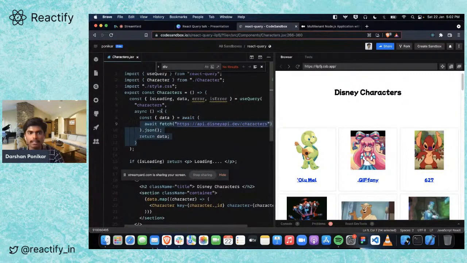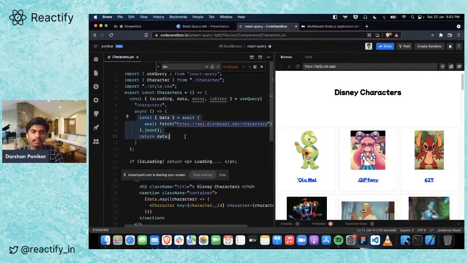So this callback can be anything, something like a fetch call, which needs to be an asynchronous callback, which can be a fetch, which can be an XHR or anything. So we are fetching data, as you can see here. And the cool thing about it is that we didn't have to write any extra logic to handle the loading thing, or error thing, or isError, because it provides everything out of the box, and we don't have to write the